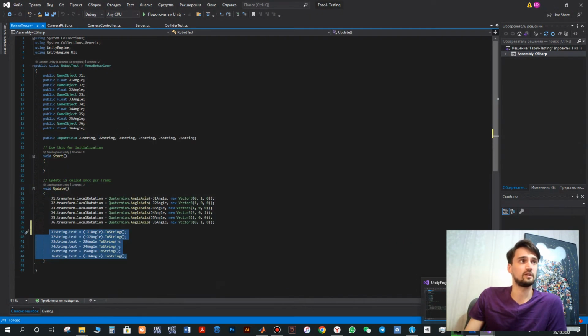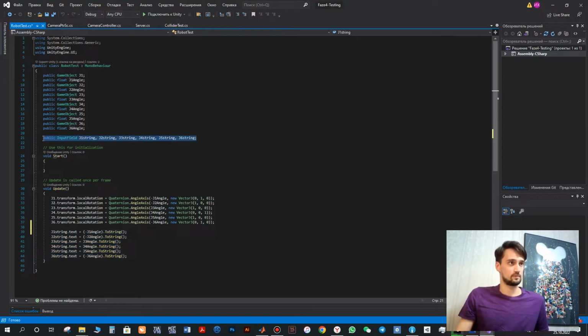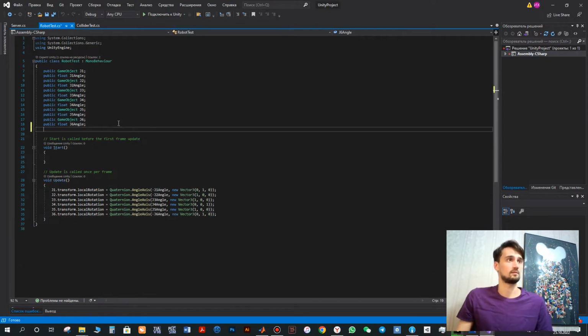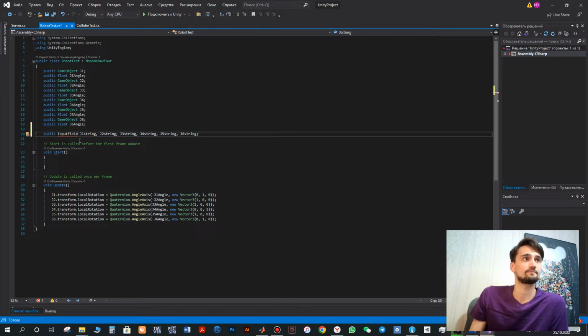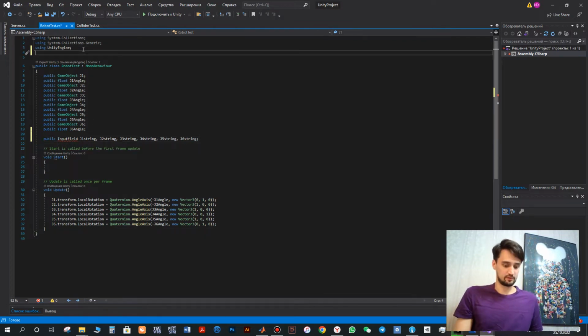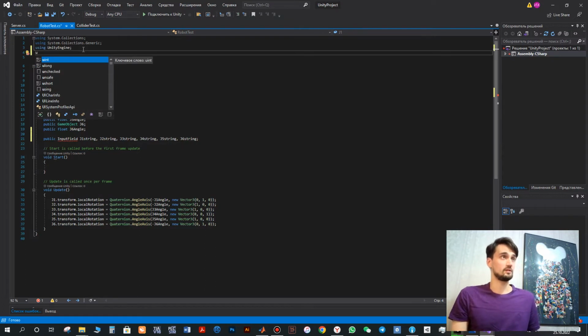So first of all, we need to add input fields, and then we modify these parameters. So firstly, input fields, let's copy them here. It currently is highlighted, so we need to add the corresponding namespace using